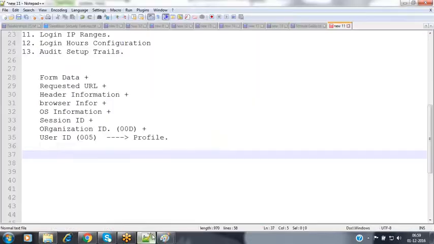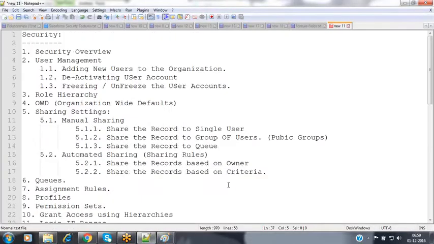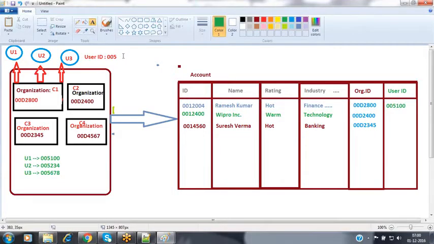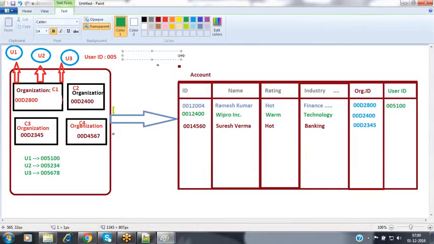Now, when coming to Salesforce, they maintain only one set of tables, where that table stores the organization ID as well as the user ID of that record. Based on that user ID and that organization ID, they make the visibility decisions. For example, if customer 1, nothing but user 1, wants to see all the records from the account table, we are going to write a query here.